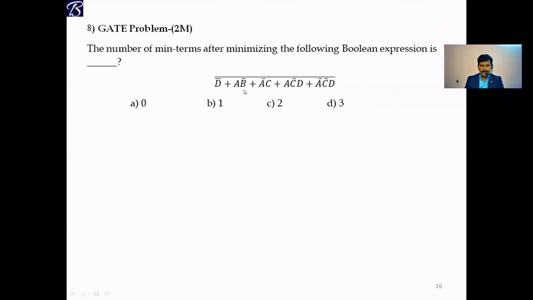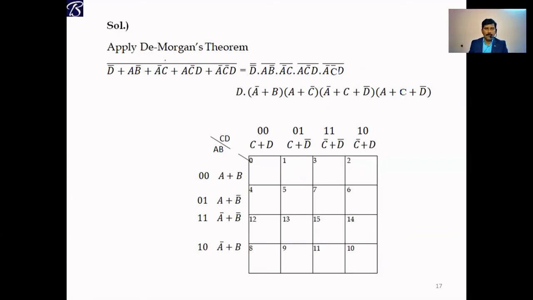If you observe this one, using De Morgan's theorem we can minimize this one. And finally, we can find out using K-map. Now apply De Morgan's theorem for the given Boolean function. Break and change rule. D double bar into A B bar whole bar. Like that, you will get this expression. And D double bar is nothing but D. A B bar whole bar, once again you apply De Morgan's theorem. You will get A bar plus B. Like that, going on applying De Morgan's theorem, we will get this expression in POS form.